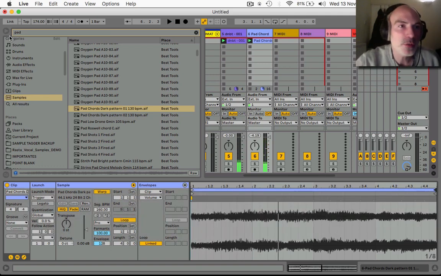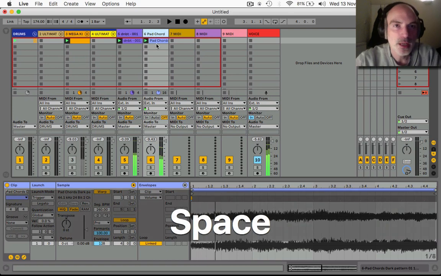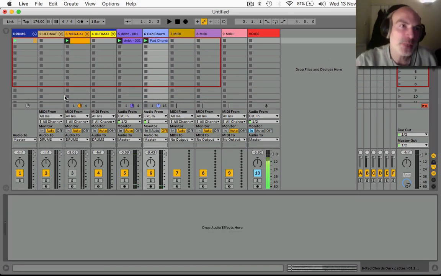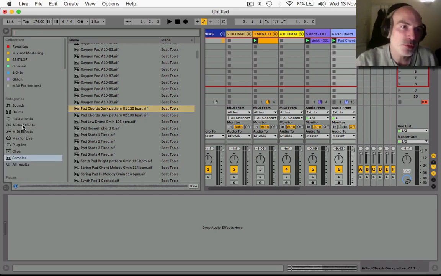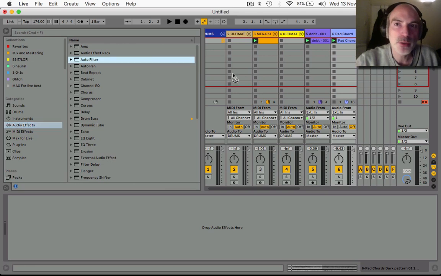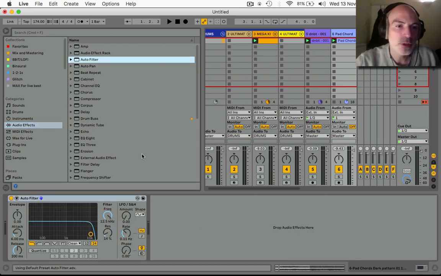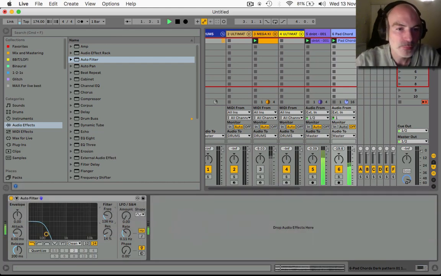Right, and one of the things that we could do is we can mute that channel where the kick drum is, and we can add an autofilter. And the autofilter has got a built-in sidechain, right? So with a built-in sidechain, what we could do is we can decide what to do with that, in a sense. So if I put the autofilter on the pad sound, what we can do, for example, is something like this. I can filter it,